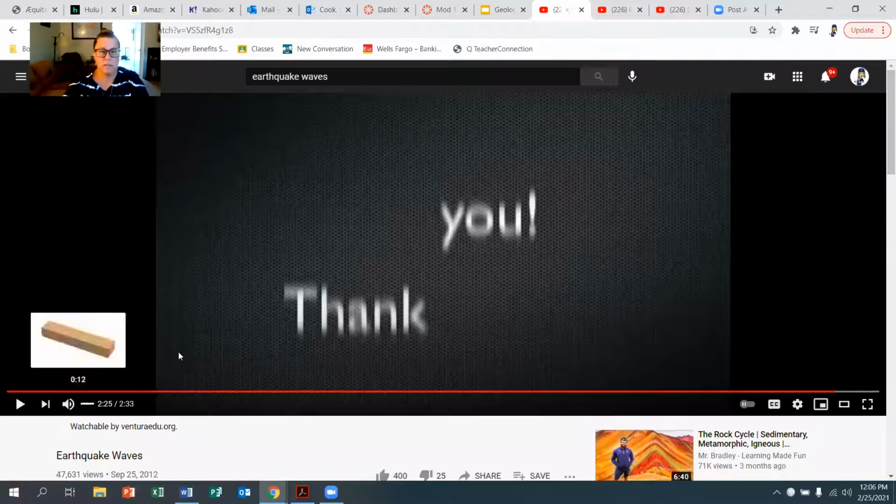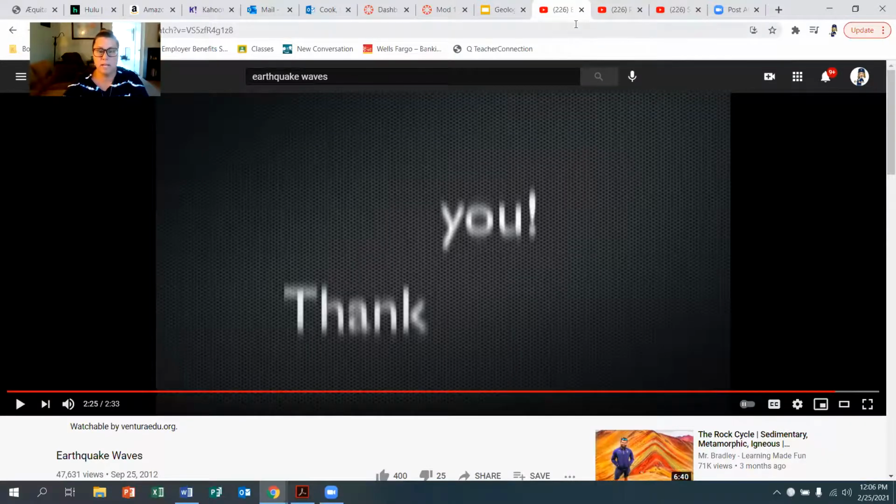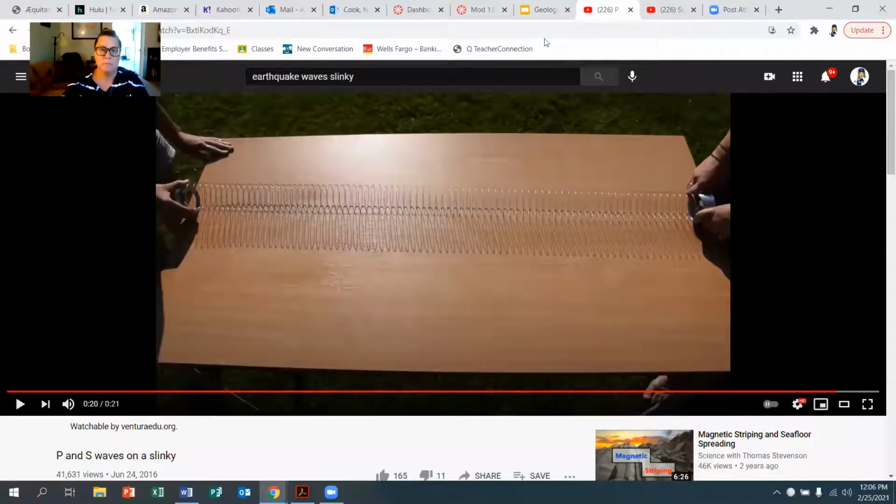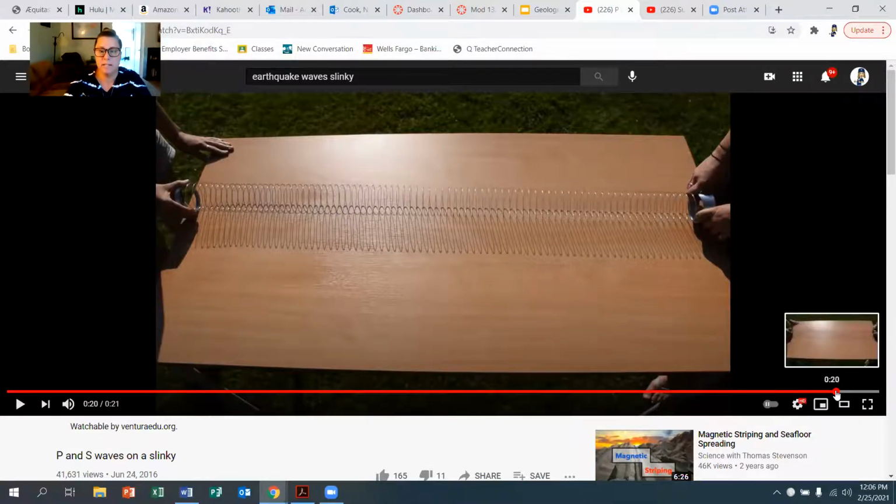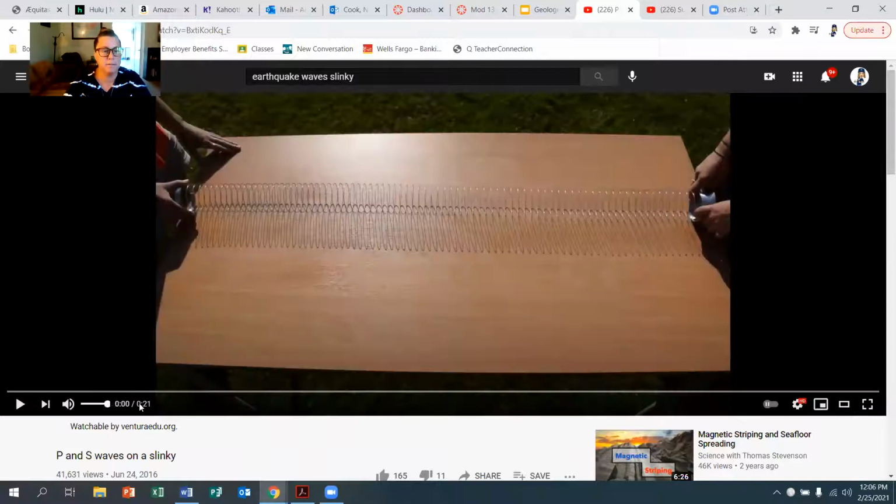Okay, so that is earthquakes and the movement of P waves, S waves, and shear waves. I'm going to show you on here really quickly just so you can see the slinky because it's very easy to visualize. I know they showed you with the math cubes, but it's very easy to visualize on here how P waves and S waves move. They don't have shear waves on here. Sorry, not shear waves. They don't have surface waves. That's another clip I have, but this is just going to be first P waves and then S waves.